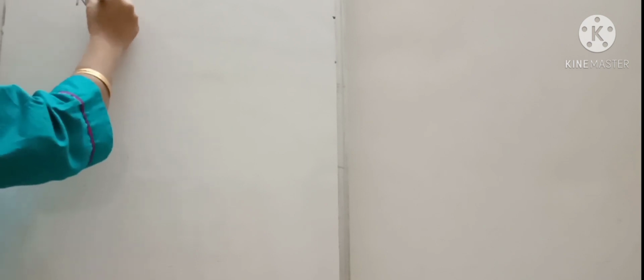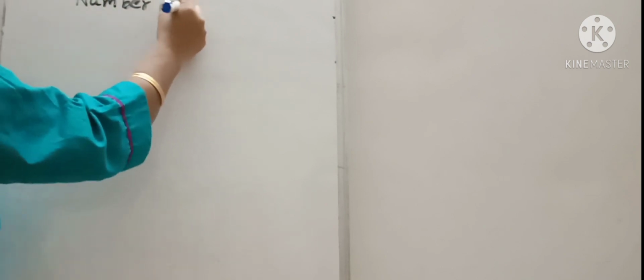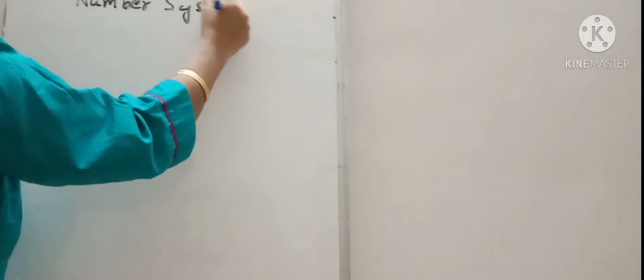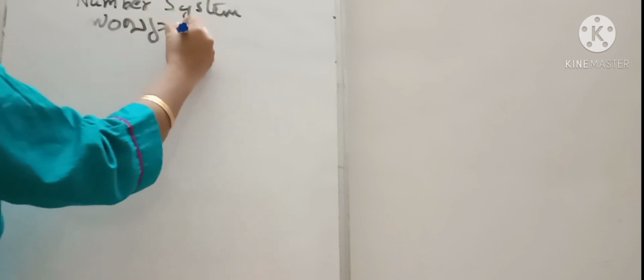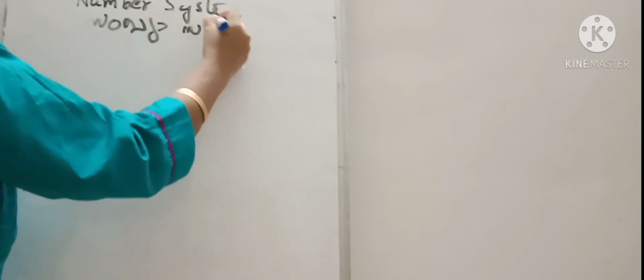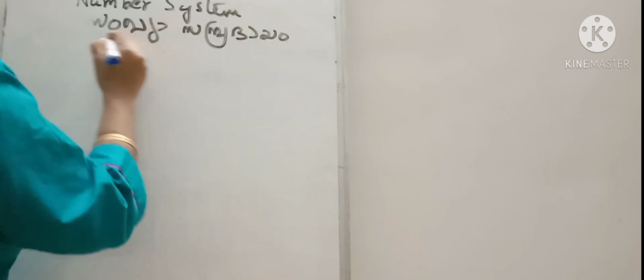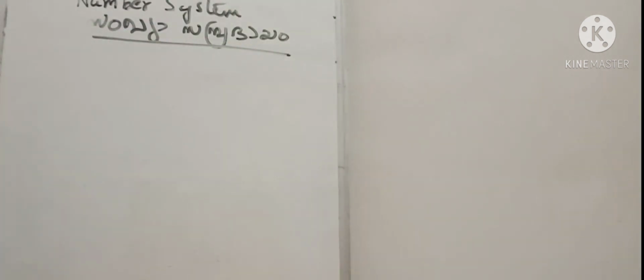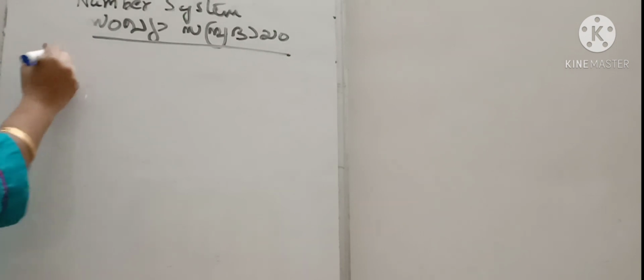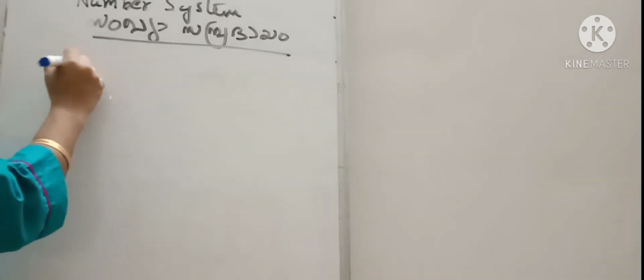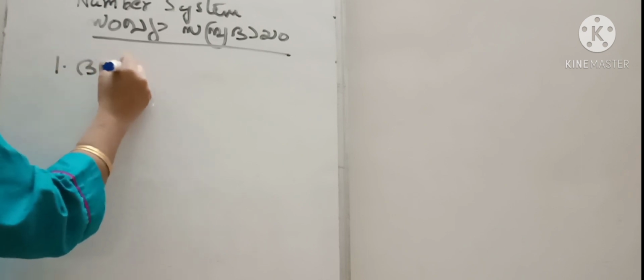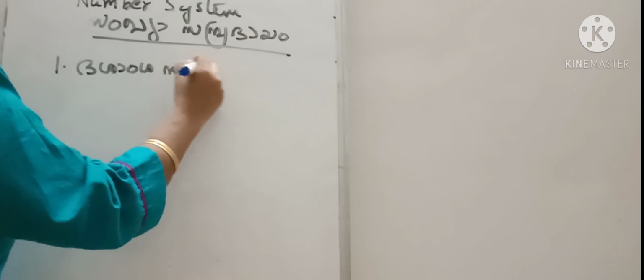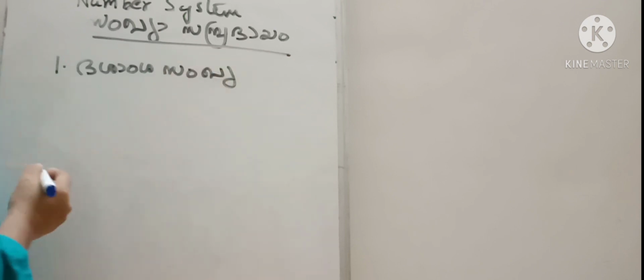Today we will discuss about number system. In Malayalam, we can say Sankhya Sambradayam. In our daily life, we use decimal number system. And in the case of computer, we use binary number system. Decimal number system is also known as Dashamsha Sankhya Sambradayam.